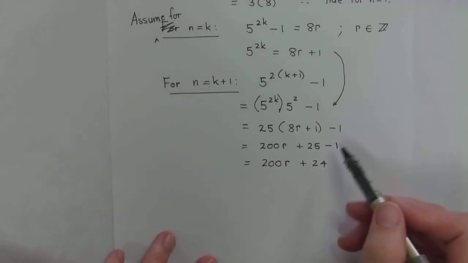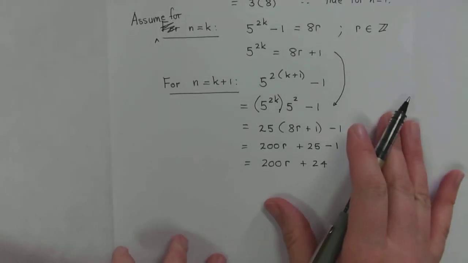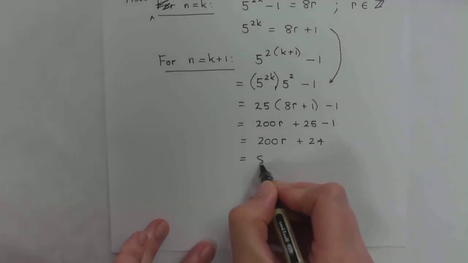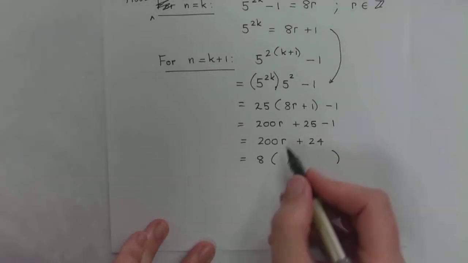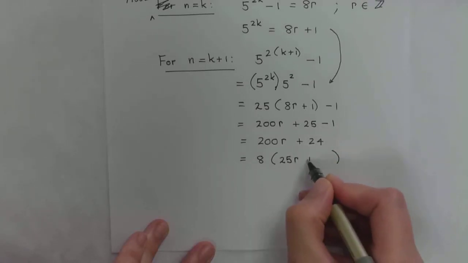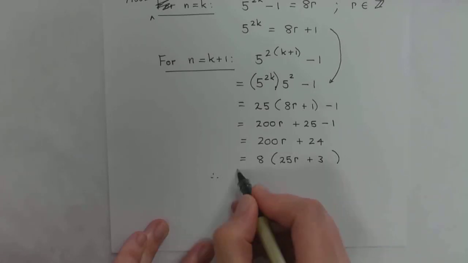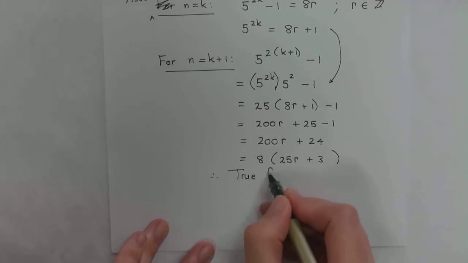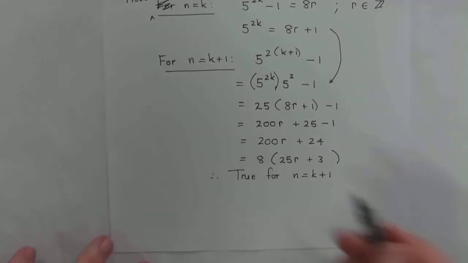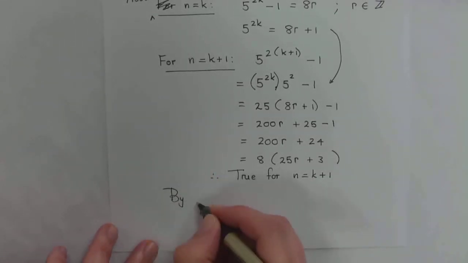And again, what am I trying to prove? I'm trying to prove that it's divisible by 8. So I want to prove 8 is a common factor. So I just take 8 out as a common factor, and what I'm left with there is going to be 25r plus 3. So therefore, true for n equal to k plus 1. And then my conclusion is, by mathematical induction,